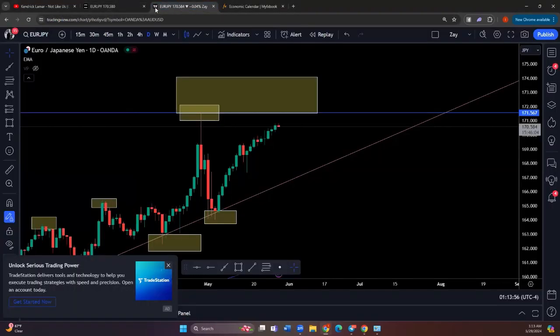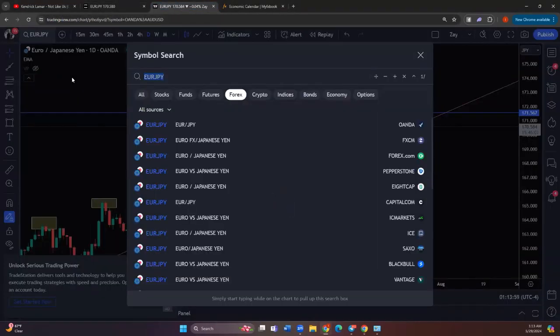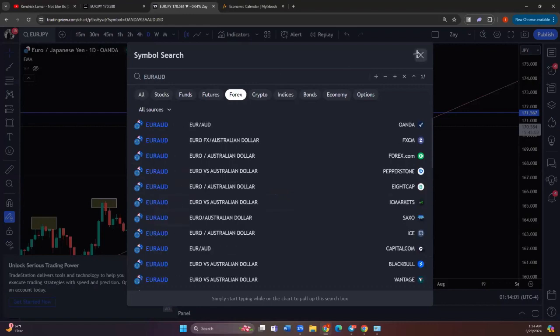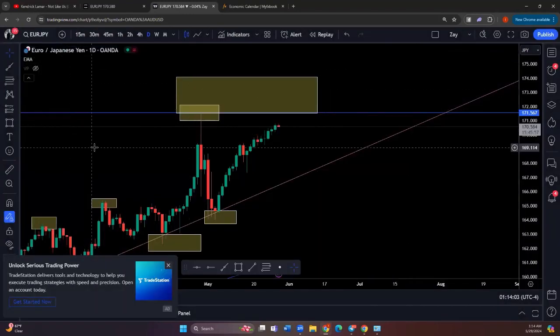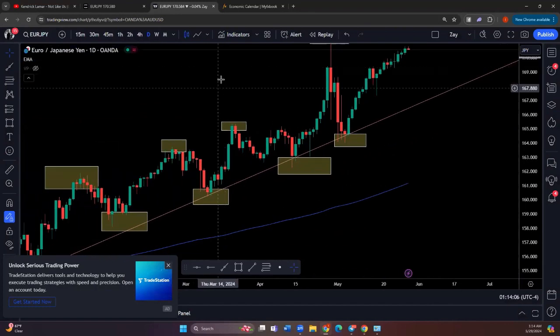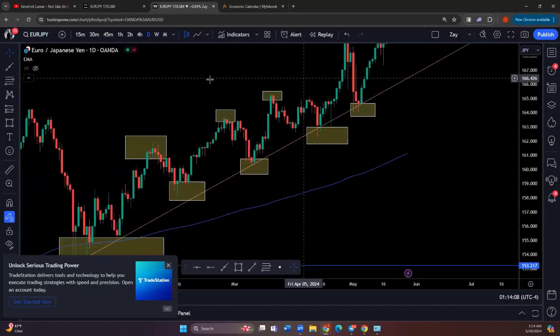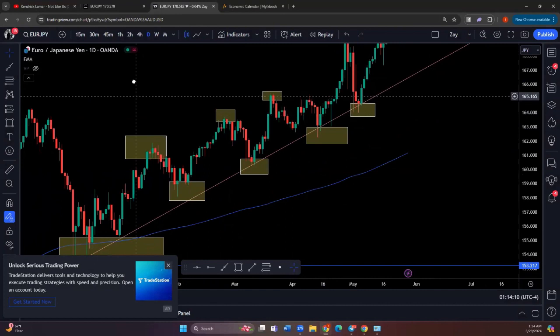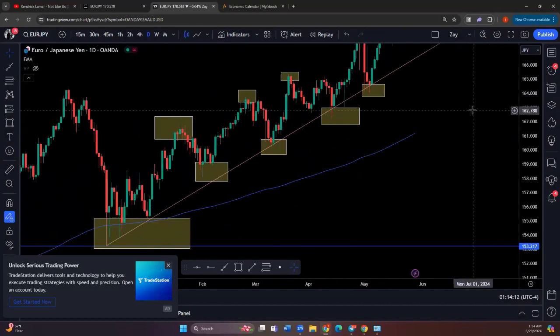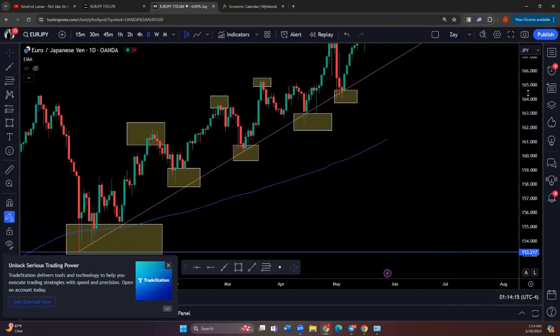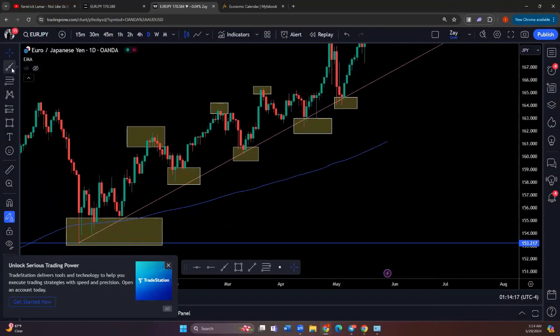Yo, Zay, can you tell the team why you placed your boxes? Can you please go over why you placed all those boxes on EJ? Because you did it so quickly, obviously you're experienced with it, right? And I'm pretty sure some guys don't even know why you placed those boxes. I have a question too, after that. I have a question for Zay. You got a question for me? Yeah. Okay, go ahead, go ahead, before I explain the boxes.